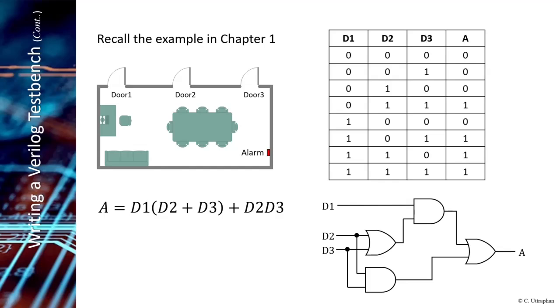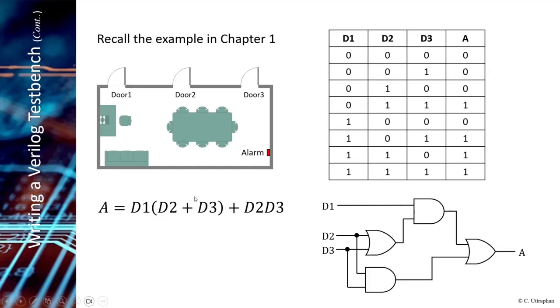How do we write the Verilog code to model this circuit, and how do we write the test code or the testbench to test our design, whether it's working or not? If we have this, we can model it using